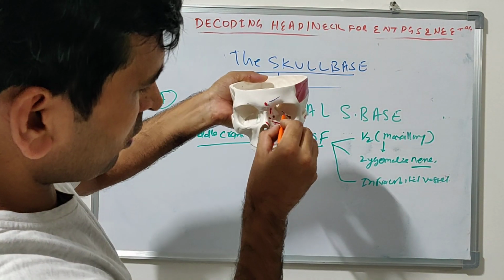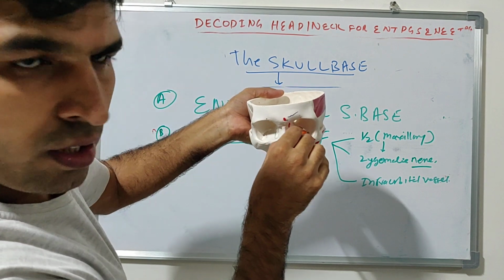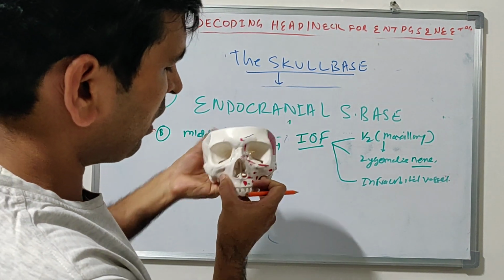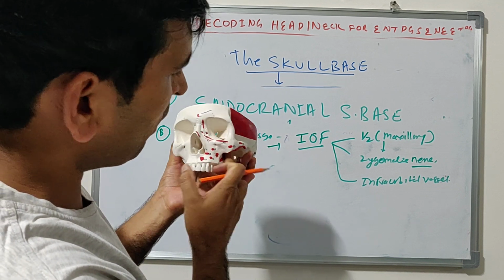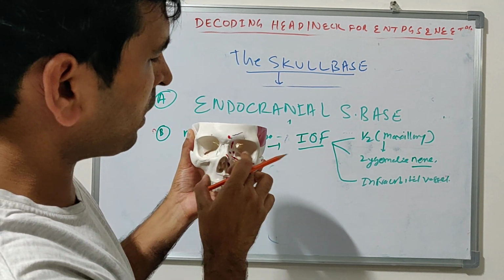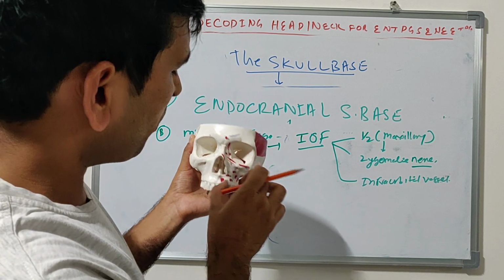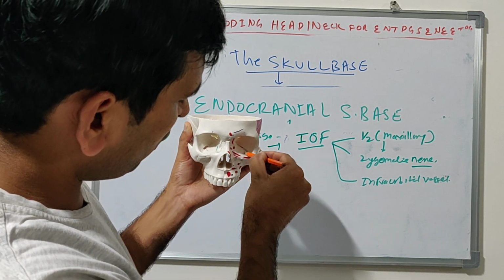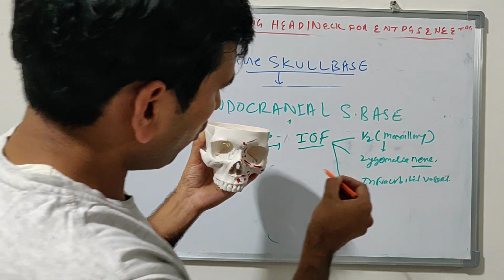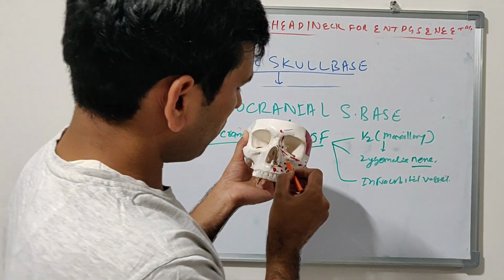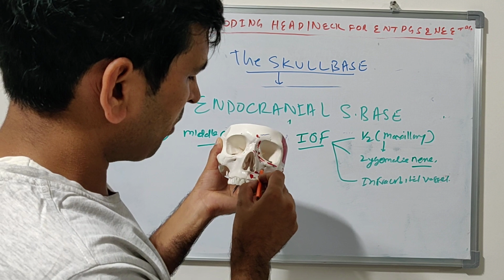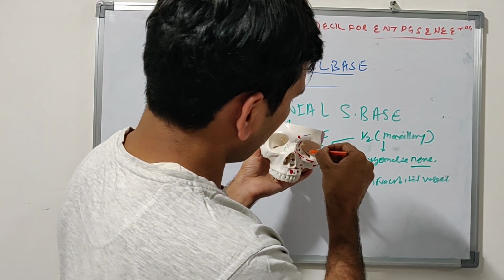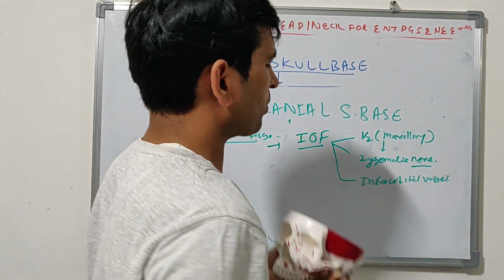I will show you the inferior orbital fissure. Okay, so this is the inferior orbital fissure. This connects the orbit to the infratemporal fossa. This orbit is connected through the inferior orbital fissure to the infratemporal fossa. Structures passing, you see this groove. This is the groove for the maxillary nerve. V2 becomes the infra-orbital nerve here, with the infra-orbital vessels, and one branch coming from this is the zygomatic.